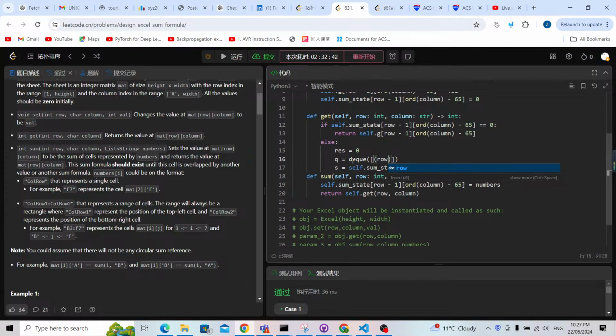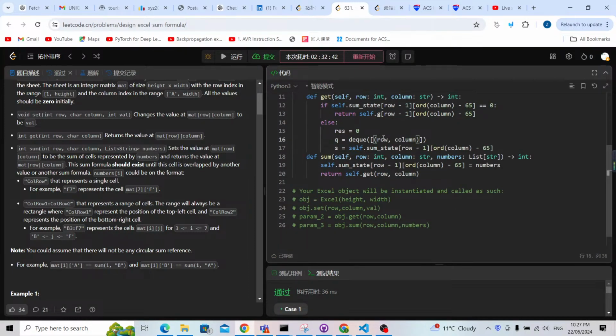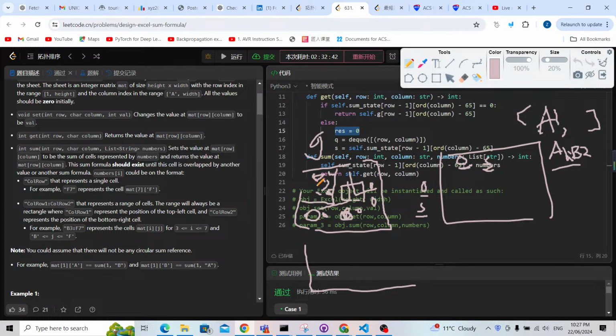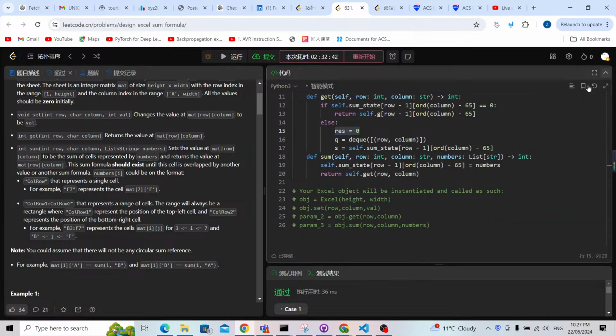Let me think about it. I will just use this row and column directly. I want to put it inside the queue. Because I want to use this result to get the final value, because it is in an area, I want to collect all the values, and definitely we're going to use BFS to check all the areas and all the values. So I'm going to prepare a result to accumulate all the values, and I want to put the first one